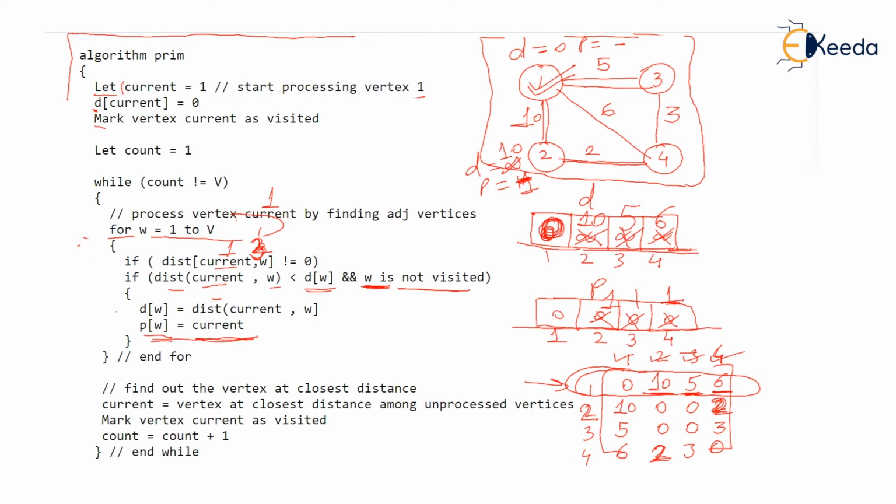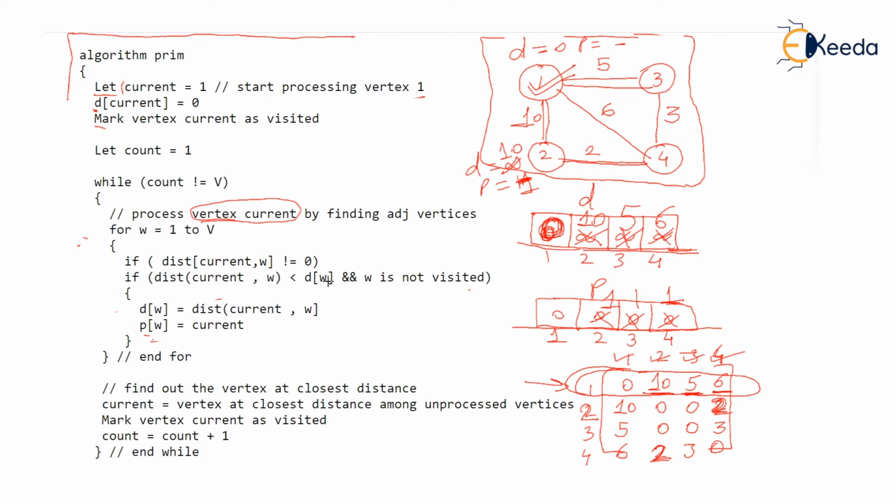All the columns in the matrix have been checked, and you will see that we have found the neighbors of the first vertex and we have updated the distance of those neighbors. I guess you have followed. Now what? Now we announce that vertex 1 is completely processed. The vertex current, that is vertex 1, is processed.